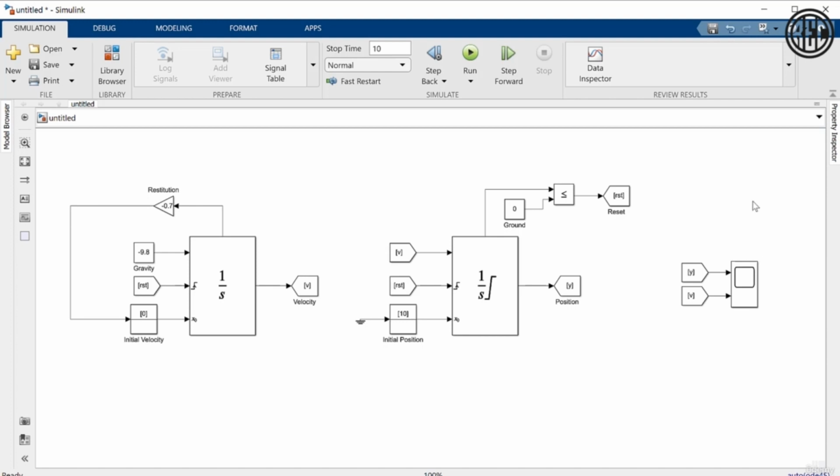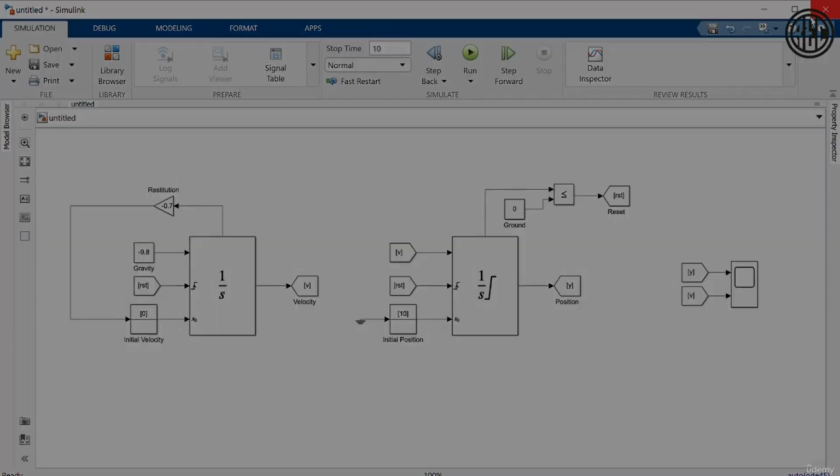I'm going to make this model available for download with the lecture resources. So if you're interested, you can download this model, play with it, play with some of the values, and you can use it for your own simulations as well as a starting point if you want to. And I'm going to rename this the bouncing_ball_model. And again, it's going to be available for